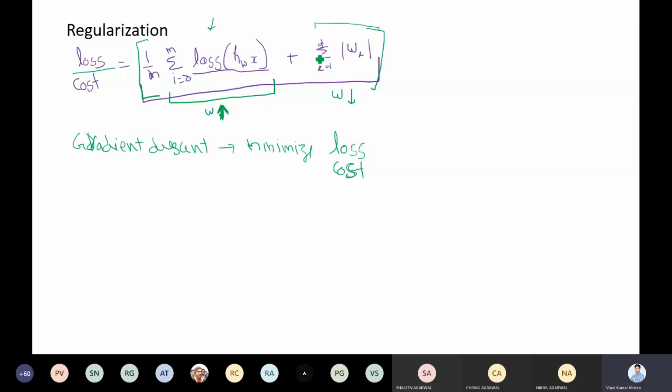If your weights are increasing, the second term also increases. So in your entire equation, as weights increase, definitely this first part will decrease, but at the same time this will increase. On the other hand, if your weights are small, then the second part will be lower, but the first part will be higher, right? So once you optimize both together, this will give you a good fit that is not overfitted. Is it clear now?